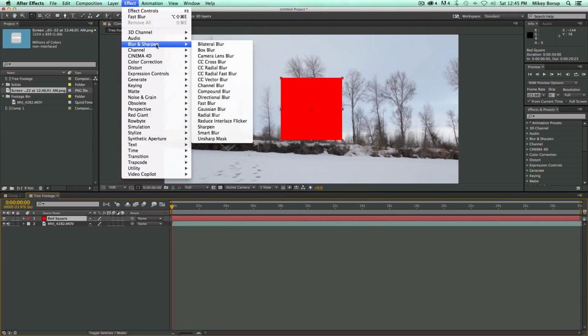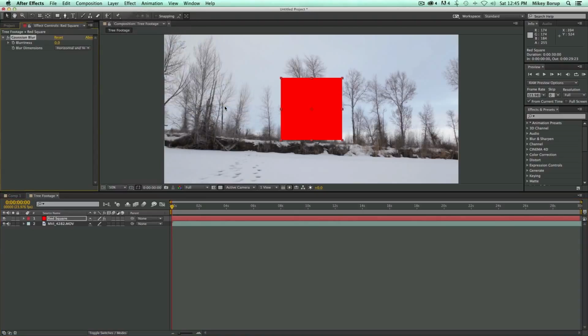Let's go to blur. So in blur, let's do a Gaussian blur. And right now, it says blurriness set to 0 and blur dimensions. So I can blur this and it gets all blurry. Now I can also set this to horizontal and vertical, but if I switch it just to horizontal, it'll blur only in one direction, or vertical, only in one direction. So that's a Gaussian blur. Now, say I want to just show what this looks like on and off, well, it says FX right there,